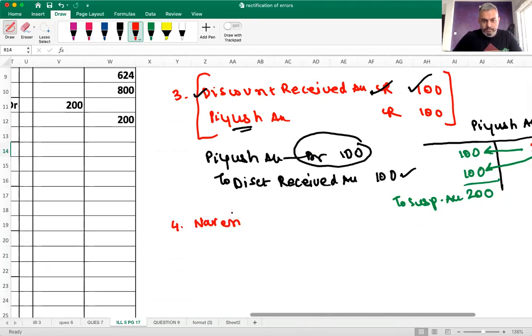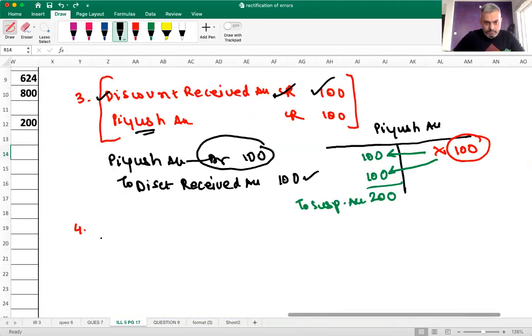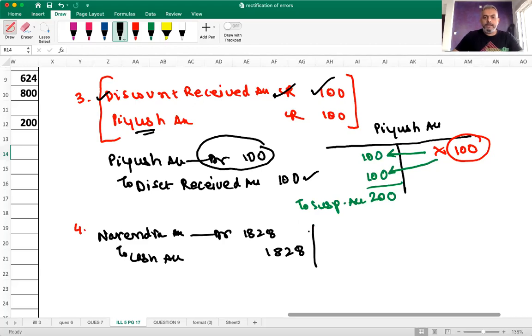Narendra account debit 1828 to cash account 1828. Now what has happened? Instead of debiting Narendra, we recorded on the debit side of Mahindra account. So I'll draw Mahindra account. On the debit side, we have recorded 1028,